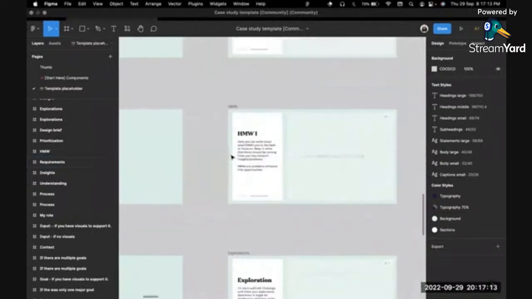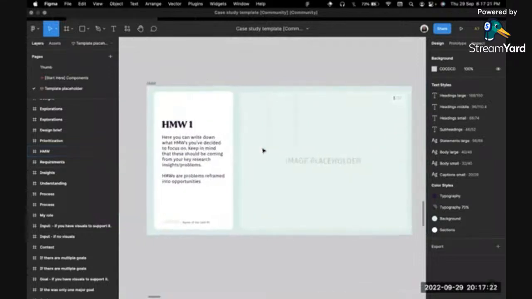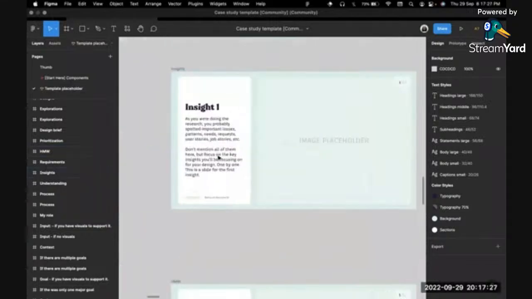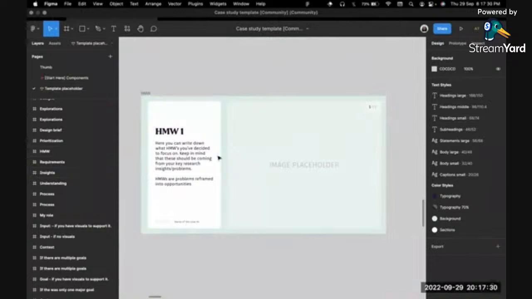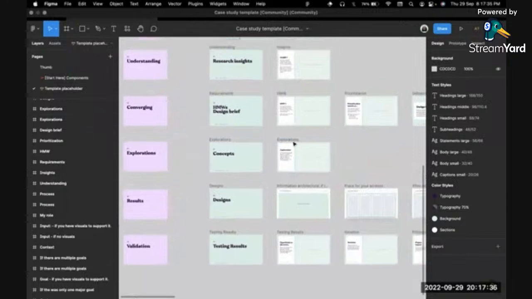you have the design brief, right? So the design brief is basically, at the end of the day, these are the things you are trying to focus on. These are the most important things you're trying to focus on. Let's assume during the research that you conducted, during the insight, you discovered that maybe a specific user said they wanted this or they wanted that. That's what you put in as maybe your MVP. So you can say, okay, these are some of the most important things that was spotted here. The users kept requesting a certain feature. Maybe you interviewed 5 users and 3 users said they would have preferred if you have this specific feature,